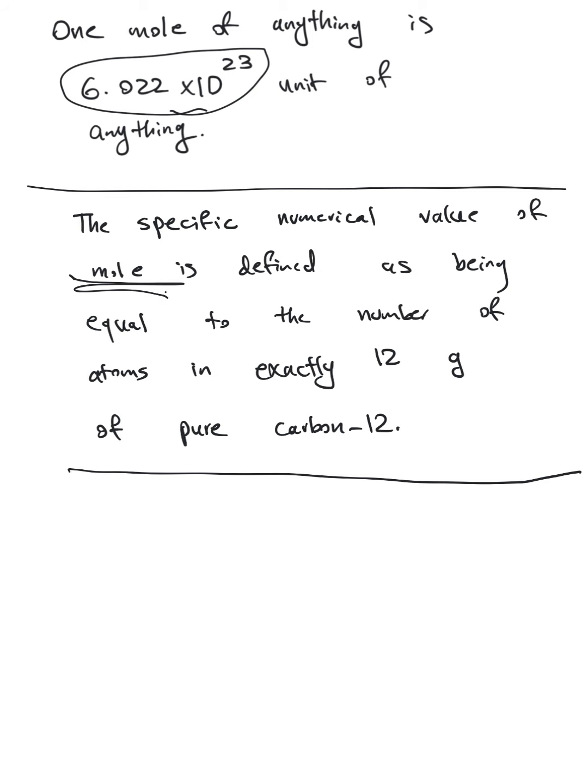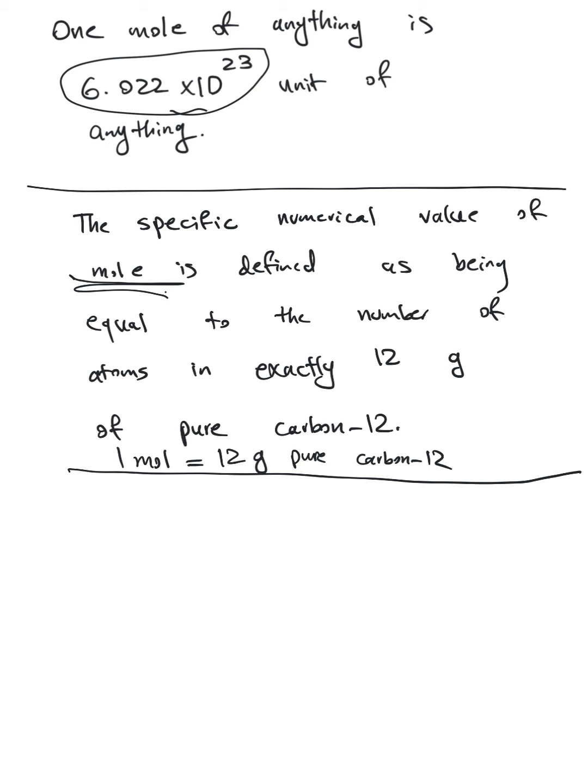In other words, we can write that 1 mole equals 12 grams. And as we said, 1 mole is 6.022 multiplied by 10 to the power of 23 of anything. So with the same rationale,